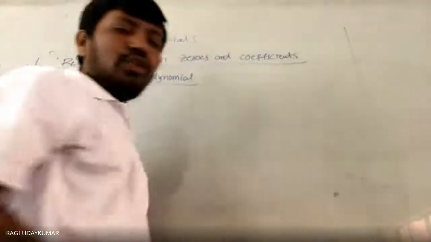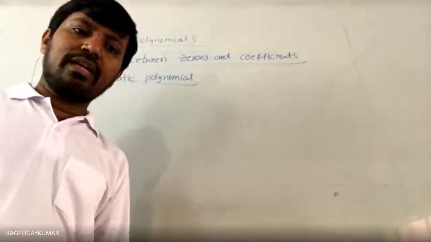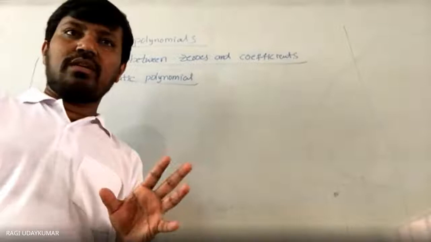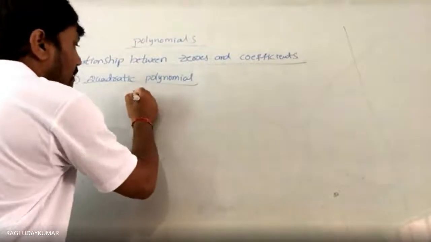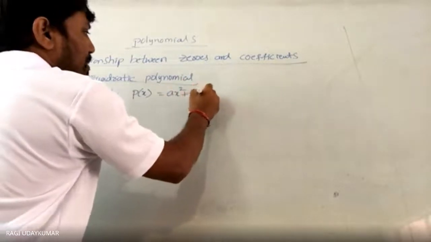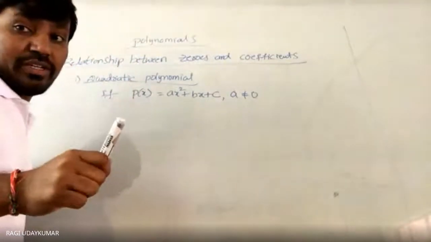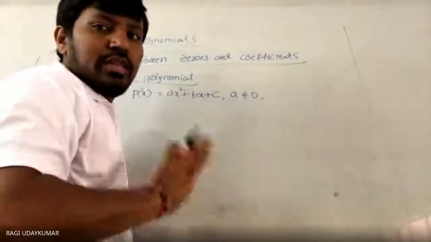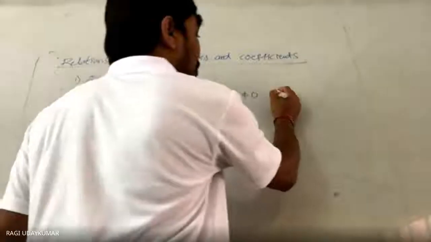How do we find the zeros of the quadratic polynomial, you are going to learn in the next topic, and here also I will explain how we find the zeros. First, let us see the relationship between the zeros of the polynomial. Before that, let us take the general form of the quadratic polynomial. If p of x is equal to ax square plus bx plus c, where a is not equal to 0. A should not be equal to 0. Do remember that. So if a is not equal to 0, then ax square plus bx plus c equal to 0 is the given polynomial.